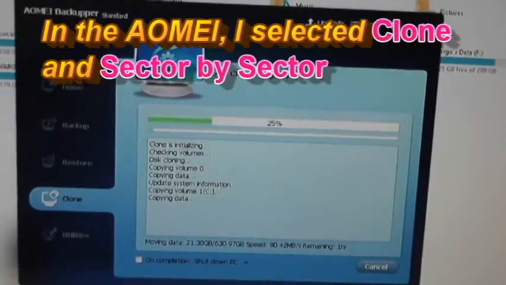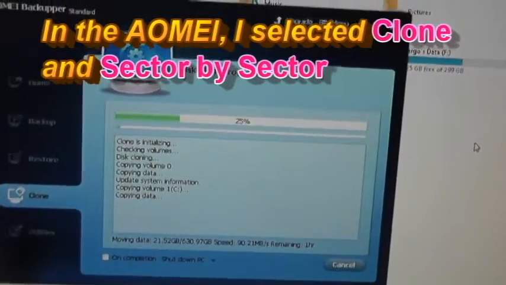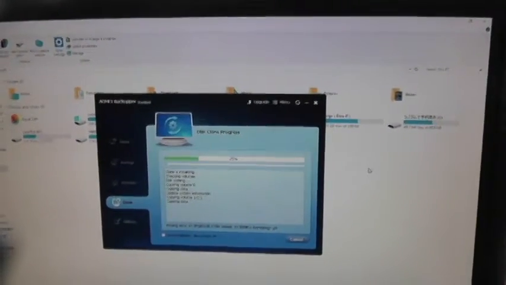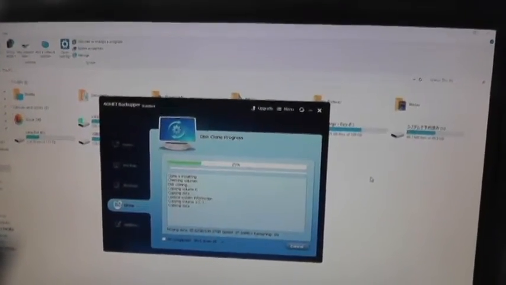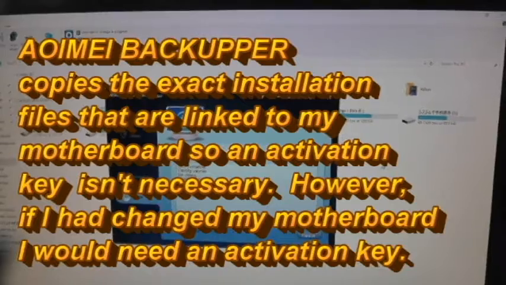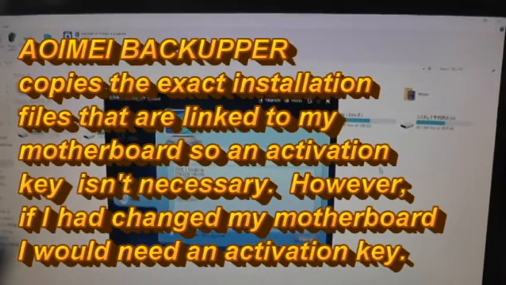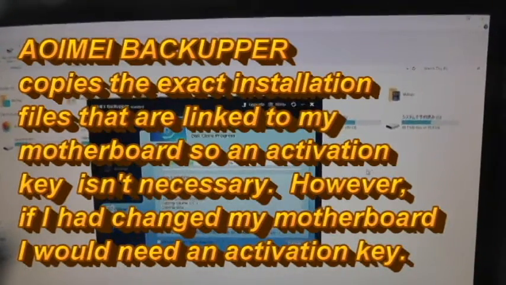Okay, in the software, I selected clone, and I chose sector by sector. A very important note is I had upgraded my Windows 7 to a free Windows 10 Pro when they were giving it away, and it's linked to my motherboard, so I didn't want to reinstall Windows from the beginning. So I was told that this software allows you to copy the exact information from the previous installation,